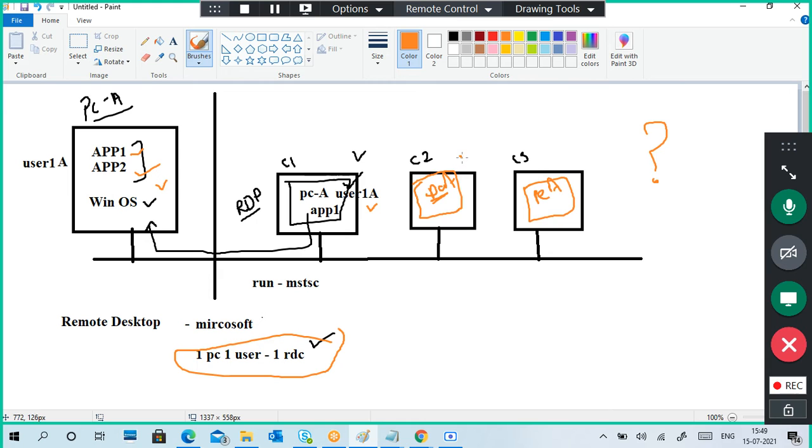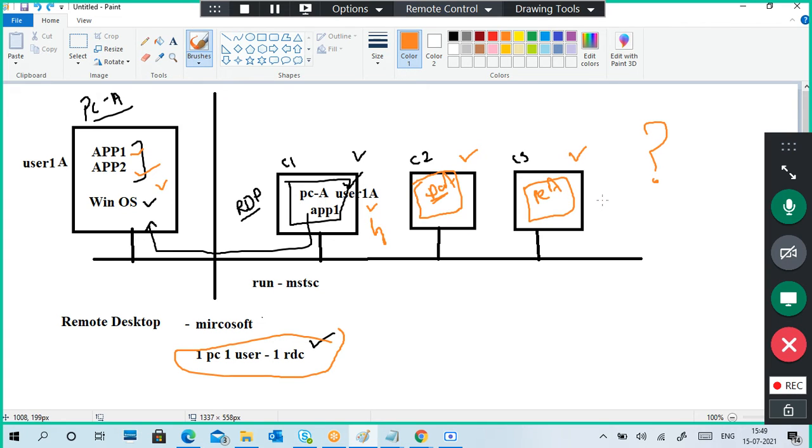And when I try to access from C2, what happened? Again, it is logged out from PCA, it is already logged out, and from here also it will be logged out. If I connect with C3, it logs out from C2 and logs in here at C3.